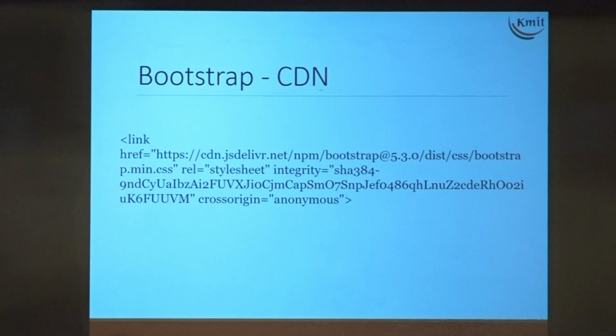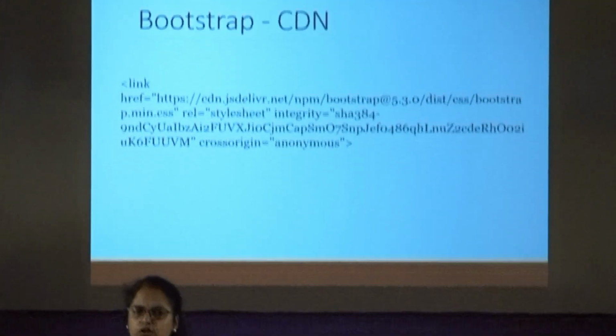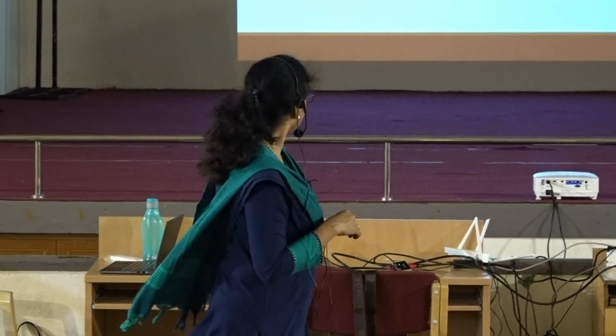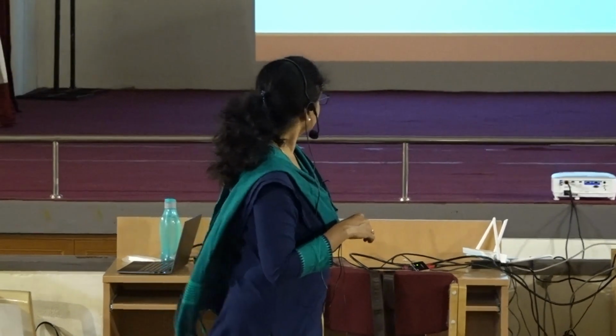Okay. The second is rel, meaning relationship. What is it? The relationship of this file. Now third is integrity, that I said I'll tell you in today's class. It's an important thing. I'll spare one minute for that. Where am I getting this link from, please? Or this file from? Bootstrap.com gave me the link, but where is that file? Bootstrap.min.css. It is at that website,